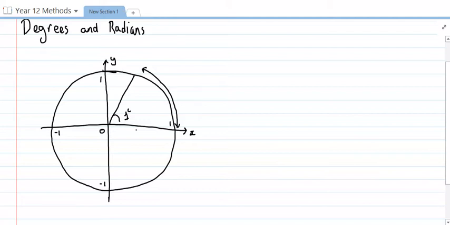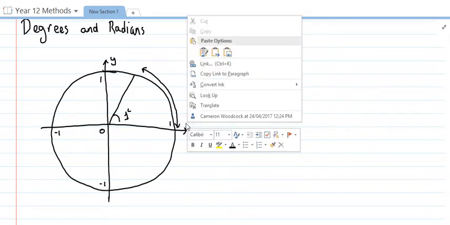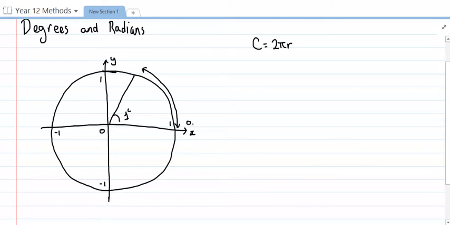So once we've done that, there's a few rules that we need to actually develop that are based on this. The first one, it's going to be really handy to know how many radians there are in a circle. So we actually know that in the circumference of a circle there are 2 pi radii, and this actually tells us exactly what we need to know already. There are going to be 2 pi of the radius going around the outside of the circle. So if I start off measuring my angle here at 0, we always start measuring at the positive direction of the x-axis, then by the time I get through a full revolution of the circle,